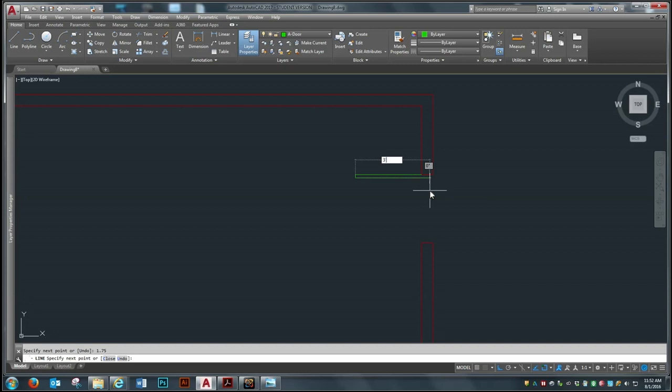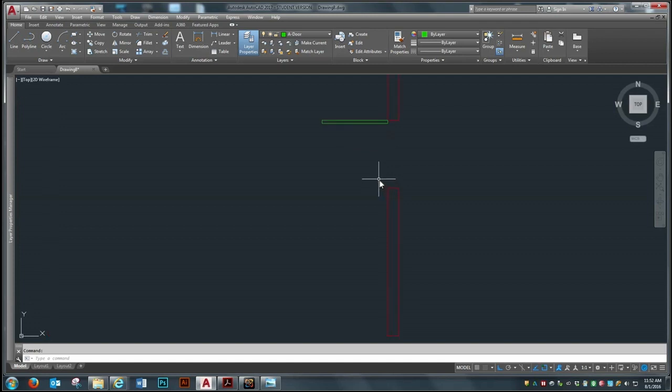Do 3 feet again, and then click up here to close it, enter, and now we can join it. So J, enter, and click on all 4 lines. So now it's become a rectangle,